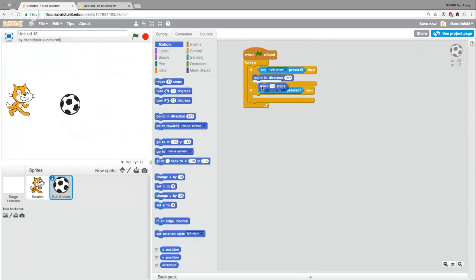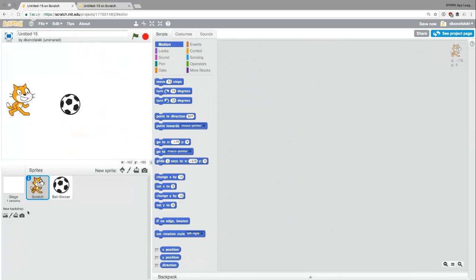So all I'm doing right now is I'm saying, if I'm pressing the right arrow key on the keyboard, I want to make sure that Scratch is pointing in the right direction, and I want to move him 10 steps. Whoops, and I actually did that on the soccer ball. So notice that I have the soccer ball highlighted here. That's the code that I'm actually working on. I need it to be on Scratch the Cat because that's the actual character that we're going to be moving